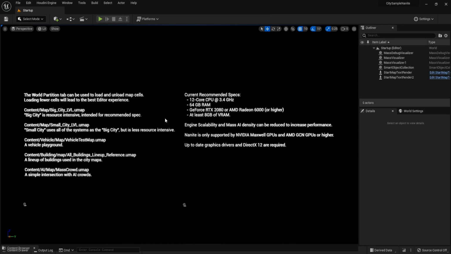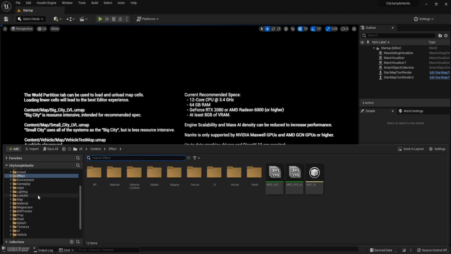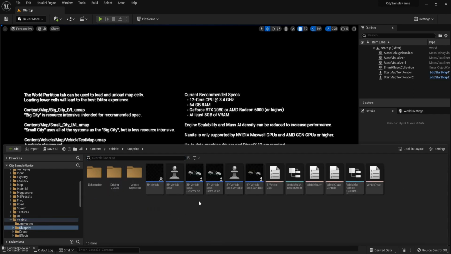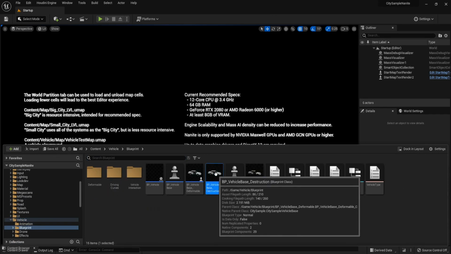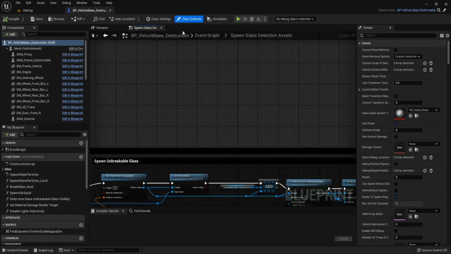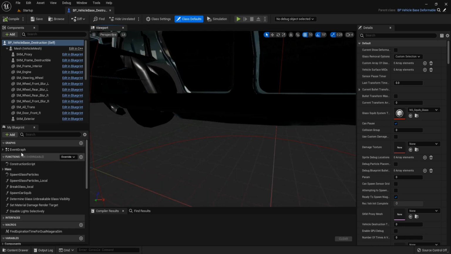Go to City Sample project and go to Vehicle, Blueprint, and Vehicle Destruction. From the last project, we worked on the deformation, and this one is destruction. And we close all of these functions. And open the event.